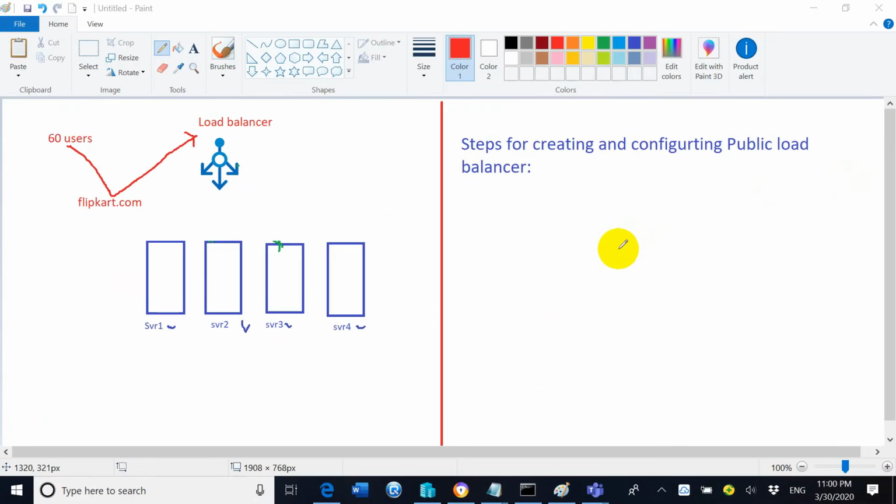Cluster lab practical exercise. So before performing the steps of the lab practical exercise in the Microsoft Azure portal, let us review the concept of the load balancer. Let's assume that 60 users want to access the Flipkart.com website for purchasing their products. Then the request of the 60 users will first go to the load balancer, right? Then the load balancer will divide the load of the 60 users equally on the 4 servers,